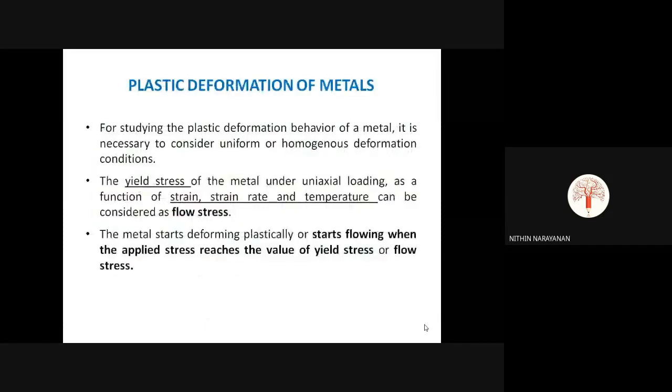We are discussing the plastic deformation of metals. So we know that whenever we apply a load on a metal or a particular metallic product, particularly steel, aluminum or brass, the material will start to deform and change its shape. We have already discussed this in metallurgy and material science. Whenever we apply a load, an internal stress is developed in the material.